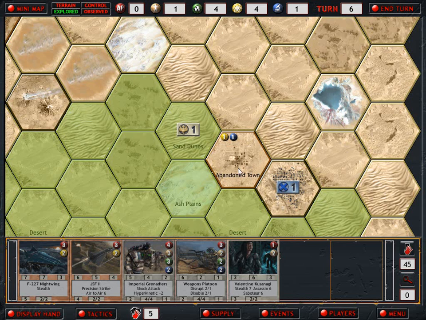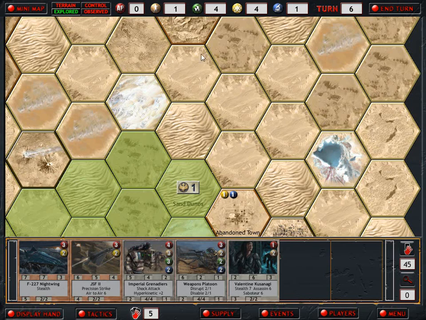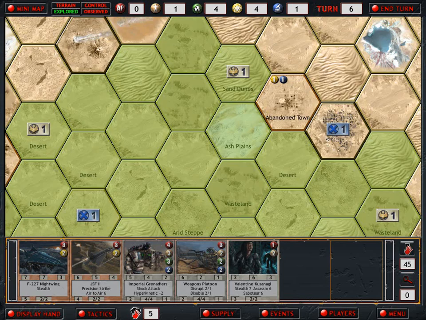So if I put down a facility, it would extend my supply. But I think I might only be able to put down a collector right now, and I don't think collectors exert that. I might be wrong, but anyway,